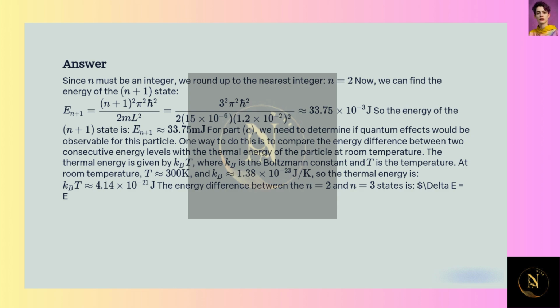The energy difference between the n equal to 2 and n equal to 3 states is delta E equal to E